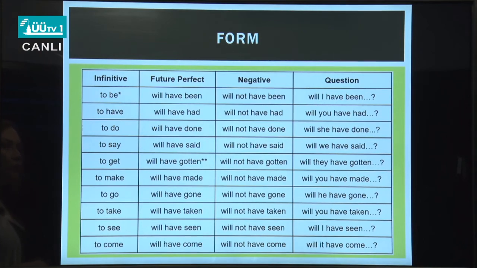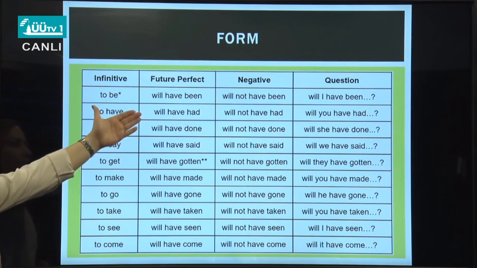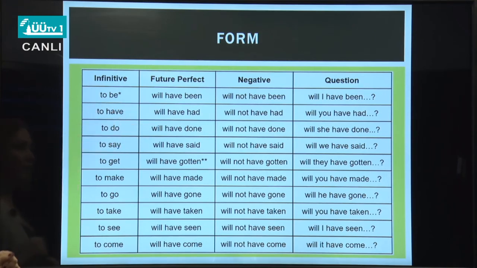As I told you before, this is again the form because I just wanted you to see the different examples, especially as most of you have problems with verb 3. You just need to memorize them. As you know, to be verb is was, were, and perfect form is been. I will have been there.